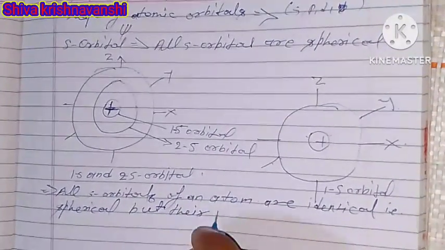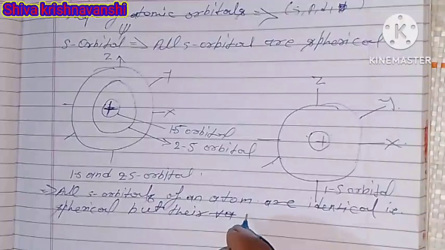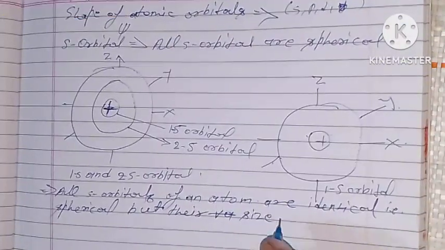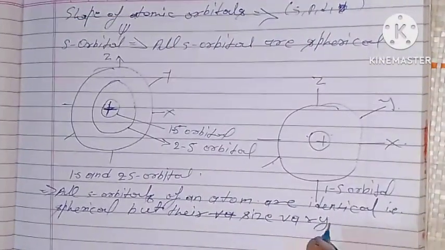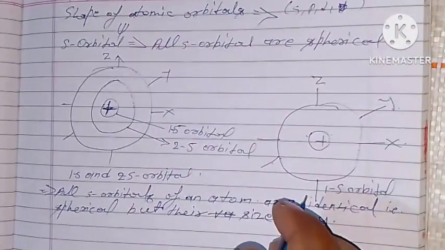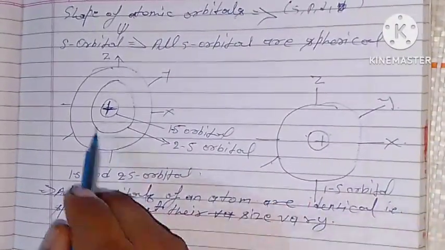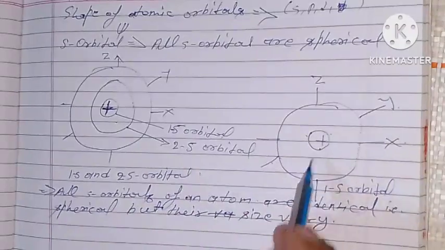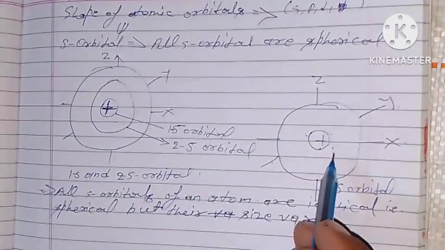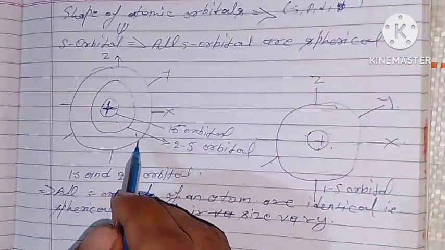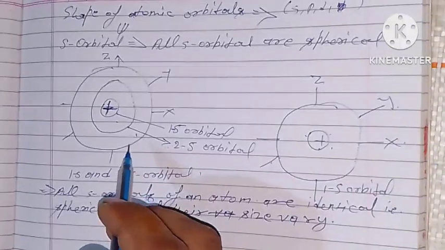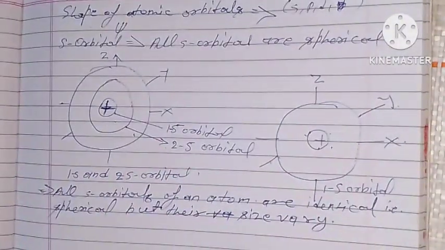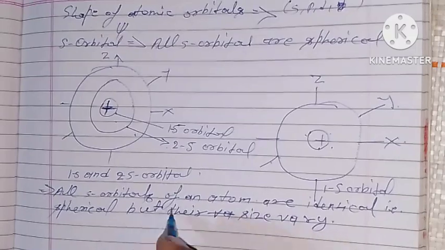The shape of the 1s and 2s orbital has been shown. This is the 1s orbital, and this is the 2s orbital. According to wave mechanics,